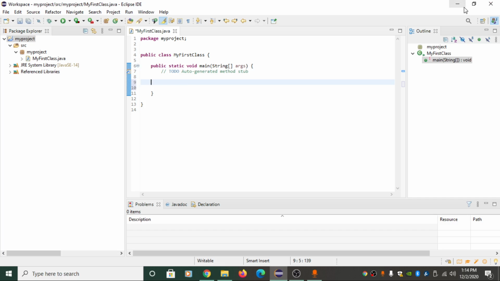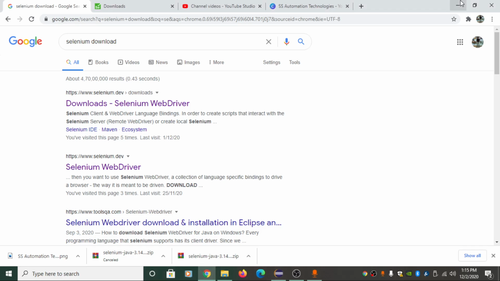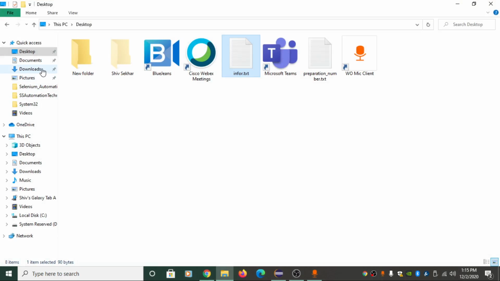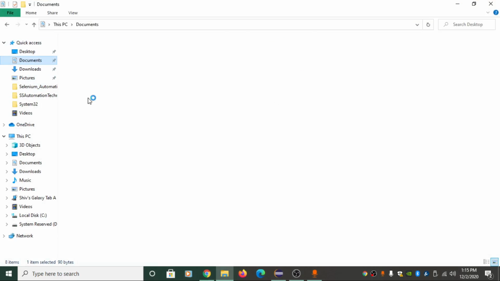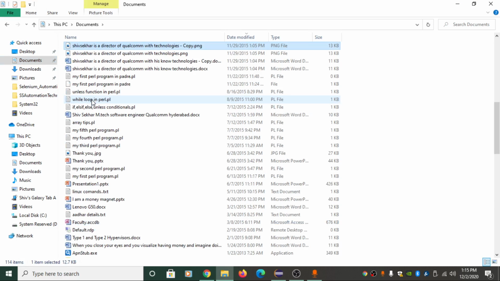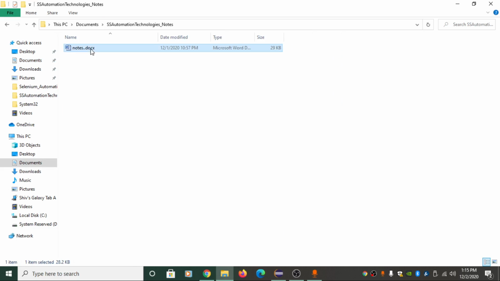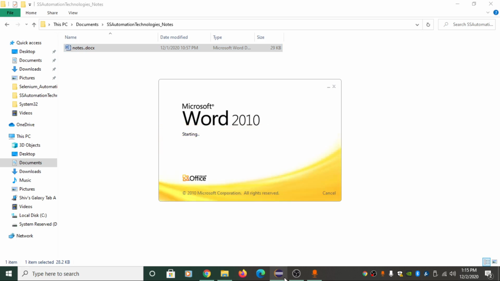First of all, as we discussed in the earlier class, let me open the notes. I kept the notes in the documents, SS Automation Technologies. Yeah, this is the notes I have created, right? So we discussed the Selenium architecture. What is the Selenium architecture? Initially you will be having your code,